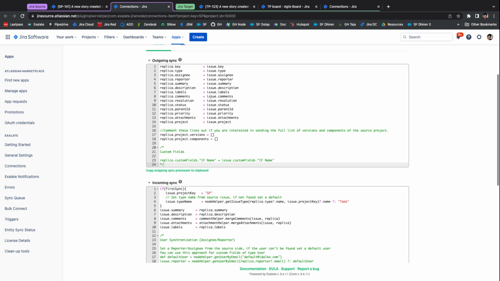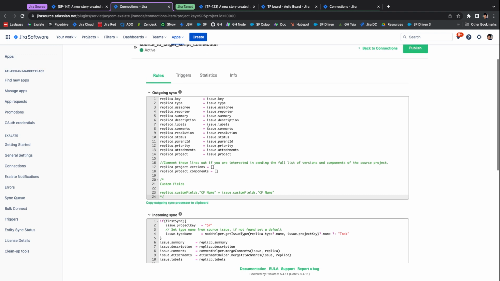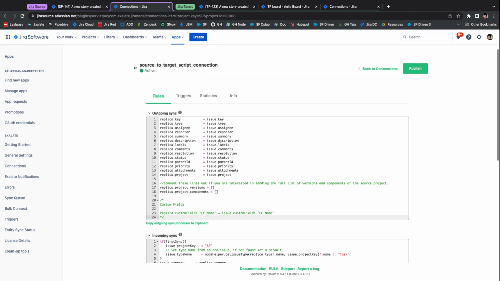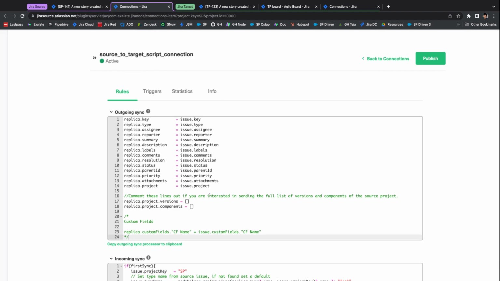Now, let's say that on the source system, the source Jira, someone creates an issue. So the information that is going out of the source Jira would be mentioned here in the outgoing sync. If you look closely at the code, this right part is actually the issue fields on my Jira. So for example, the assignee, reporter, summary, description, all these are fields from the Jira issue,